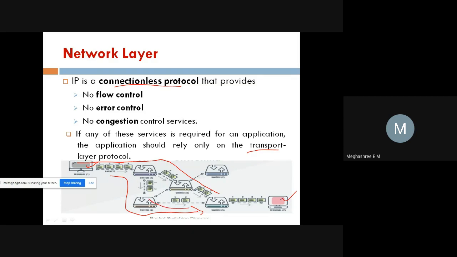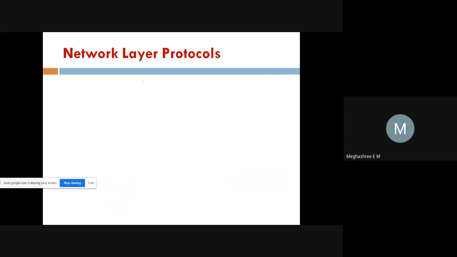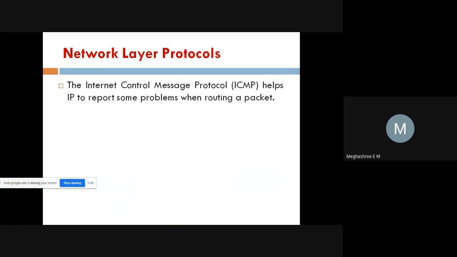It means there is no one proper connection followed to deliver the data. That we call connectionless protocol. That means the flow of packets will not be dependent on one particular path. That we call connectionless protocol. This is all about the network layer protocol, and there are a few other protocols followed in this network layer, that is